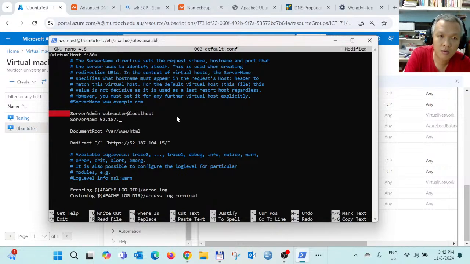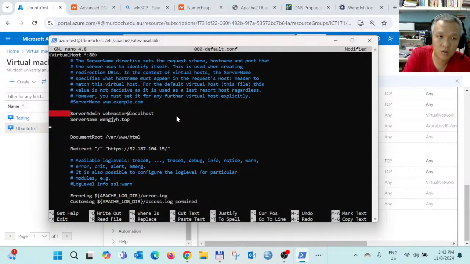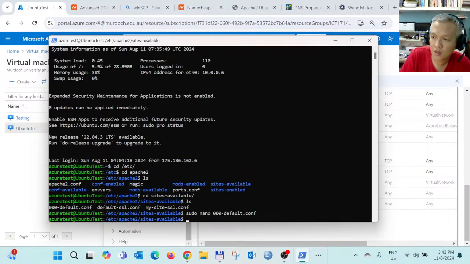So after that, maybe this line, you can remove it first, save, save. So first, and then